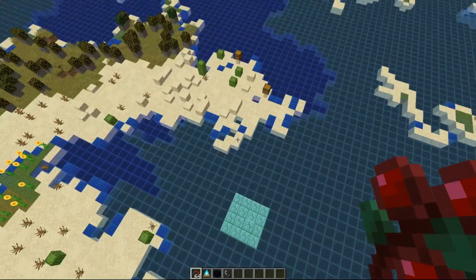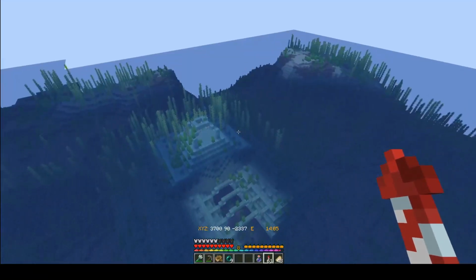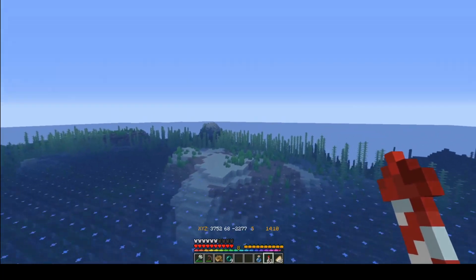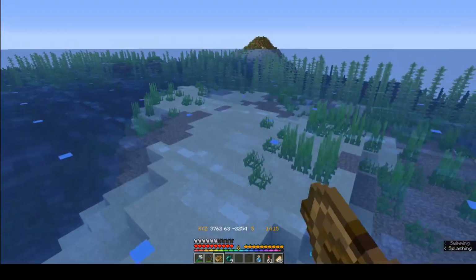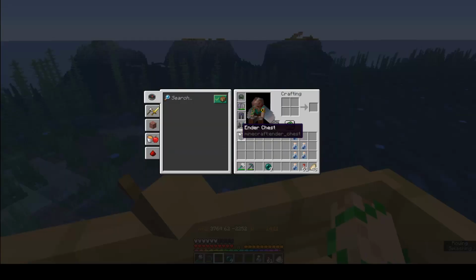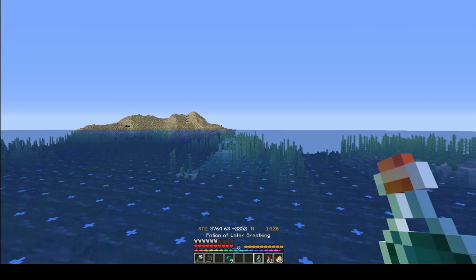So from my island I need to go southeast until I find this one. Right, and here it is. And okay, this island is not close enough for me to... I'm just going to put my boat above water here, I think. And I haven't been hit by mining fatigue yet, so what I might do is I might drink this,